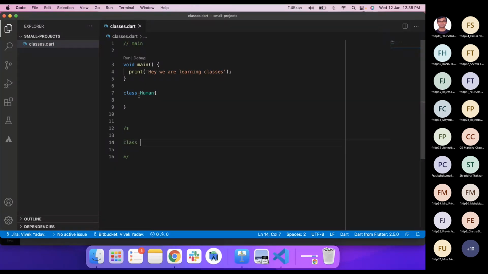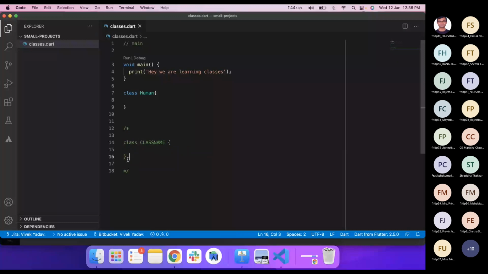Class is a keyword that denotes that we are creating a class here. After that we will have the class name, followed by curly braces. So this is how we write a class: class followed by the class name and then curly braces.